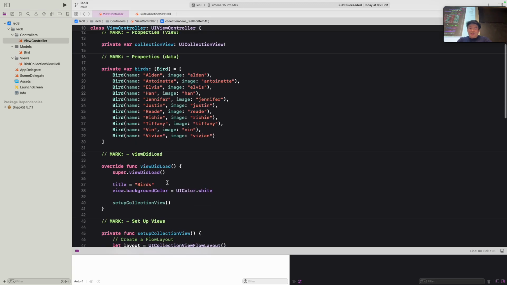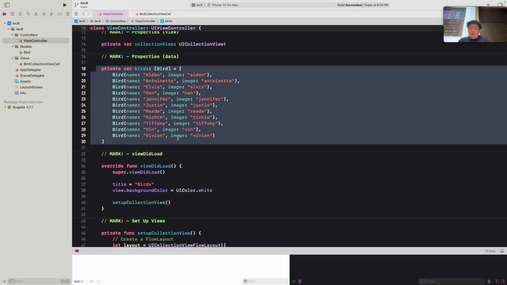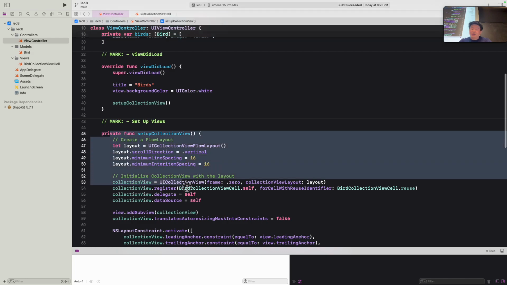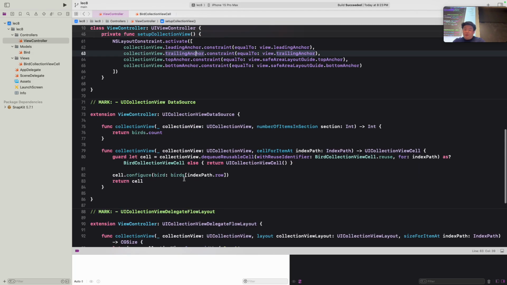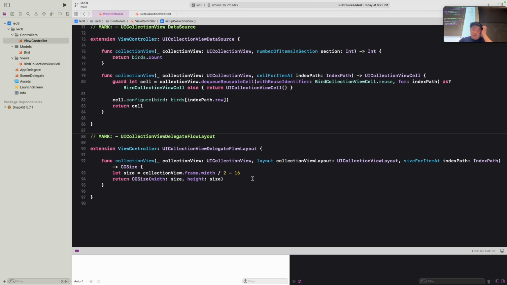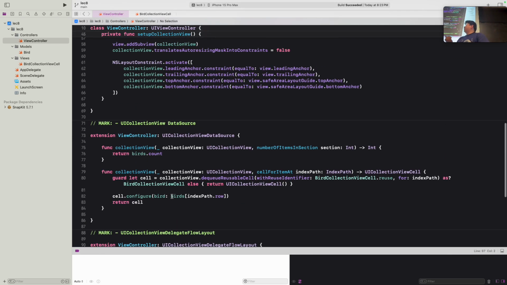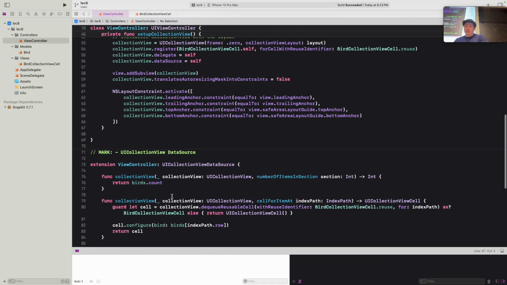Yeah, again, this code might seem familiar. We have our data here, and we're implementing a UICollectionView. And like before, we're setting the data source as well as the delegate flow layout. And if you noticed from the previous lecture, we didn't really cover one of the important parts of UICollectionViews, and that is how we use the delegate. So this is the lecture where we're going to be doing that.